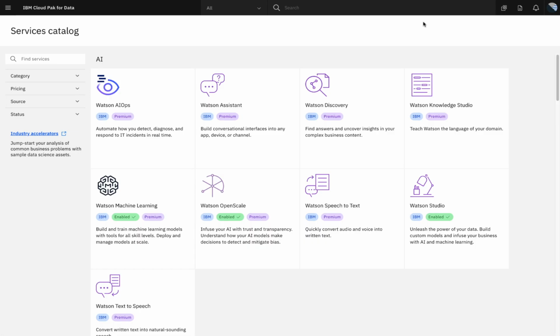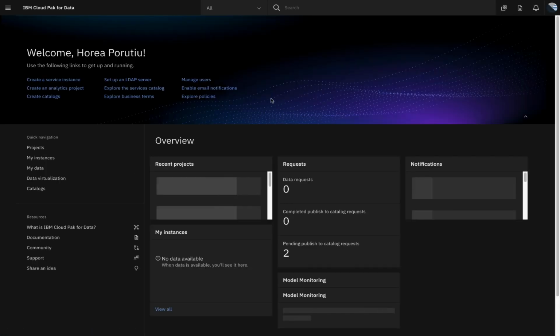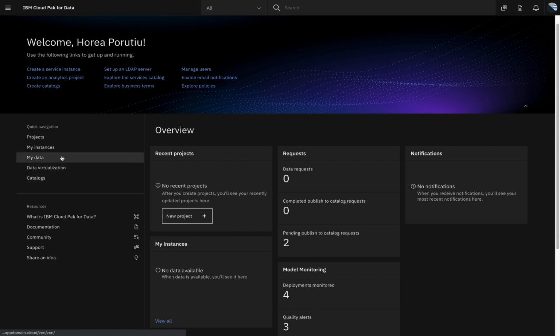services catalog. Here we have all the AI services such as Assistant, Discovery, Knowledge Studio. And the one that we're going to use today is Watson Studio, and we see it's enabled. And now we can go back to our overview page and we can click on projects to create a new